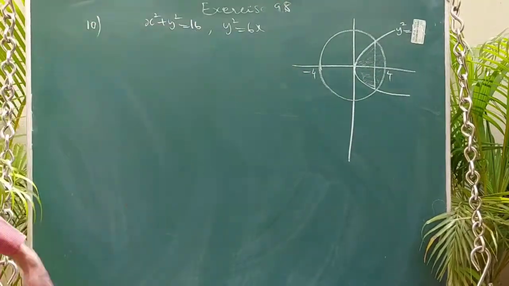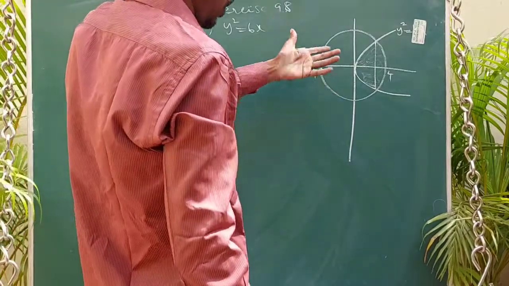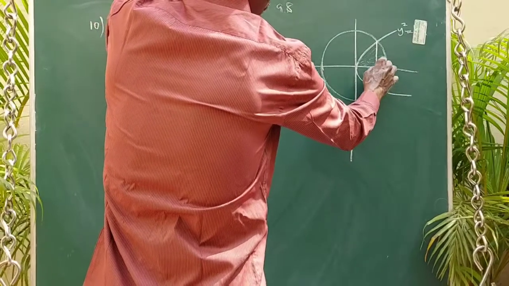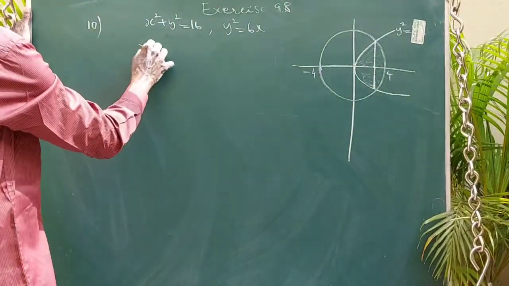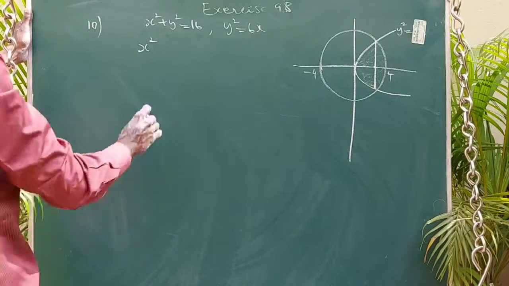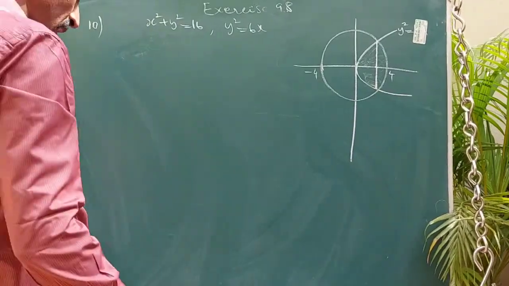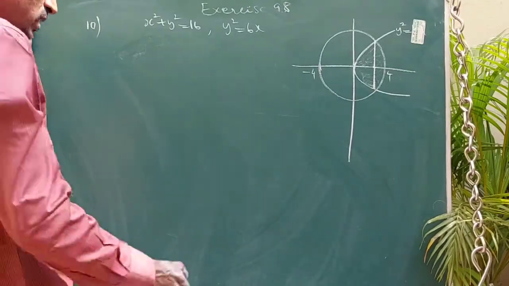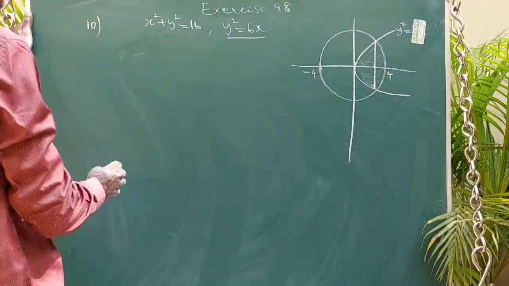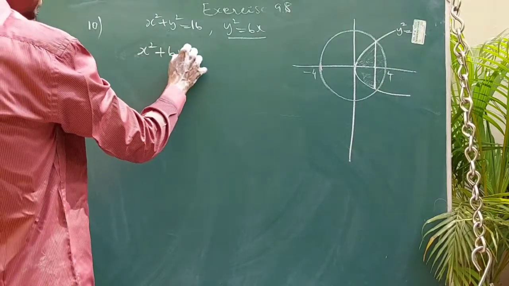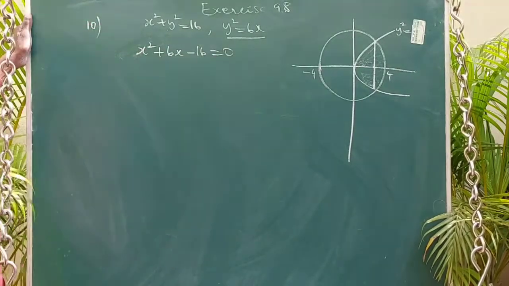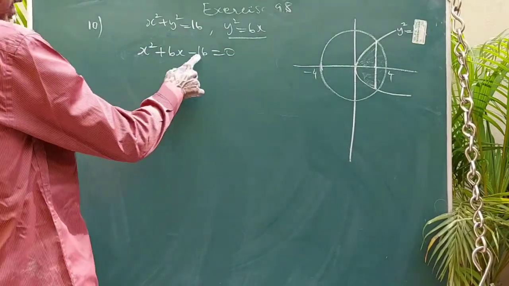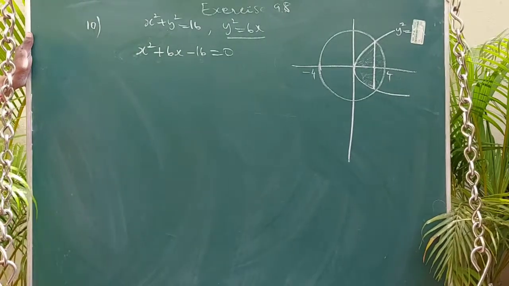Okay, area between two curves, but we are not going to apply above minus below, right minus left. We are going to find it out separately. So if we need to find out this meeting point, equate these two things. From the first one, what is x? What is here? Put it here, the y square value. So x square plus 6x minus 16 equal to 0. Okay, if we equate these two things, the sum is plus 6 and the product is minus 16.